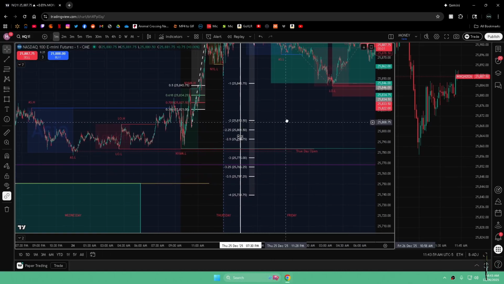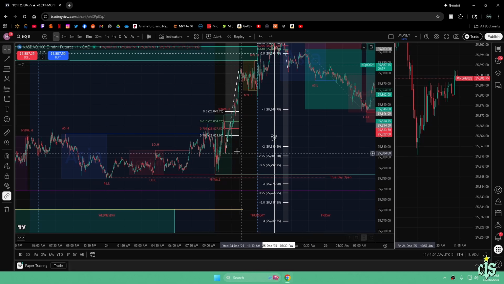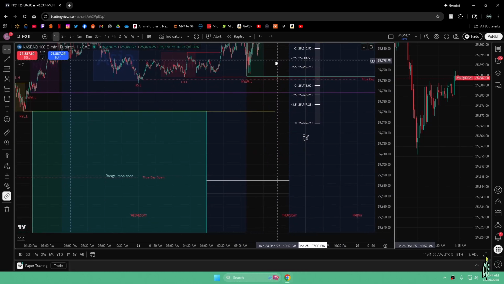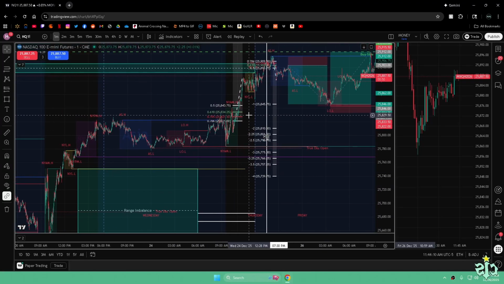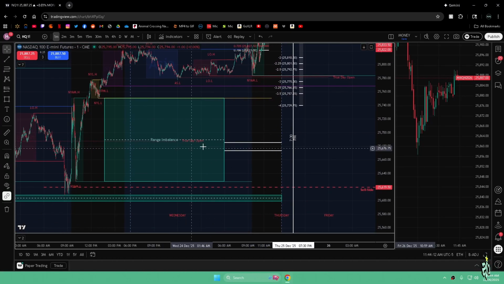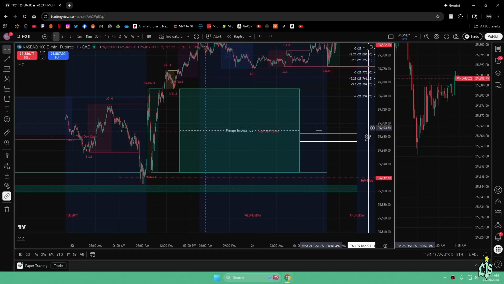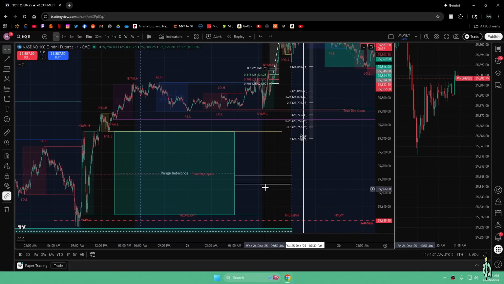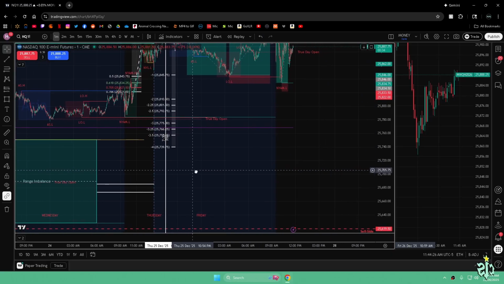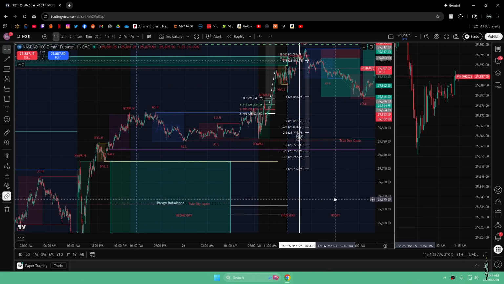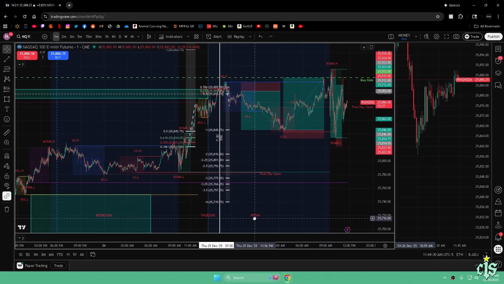Going into today, I already messaged the peeps that we already have, or I already had these imbalances marked out. I even have these imbalances marked out just in case we do tap back down here. These are other reference points of this range that we could take longs from. Now, obviously we're not going to do that in one day. We'll do that over the span of probably next week.